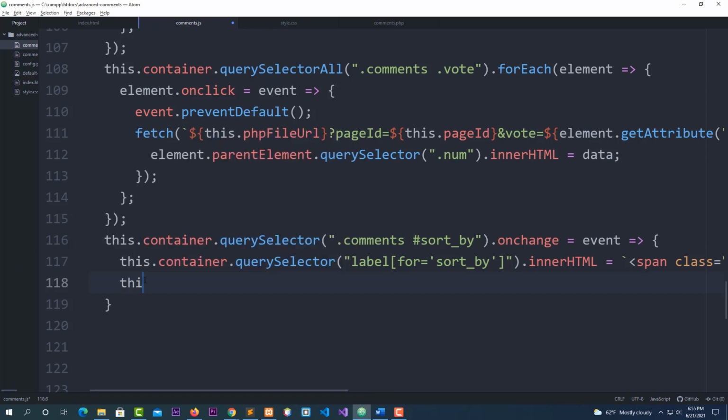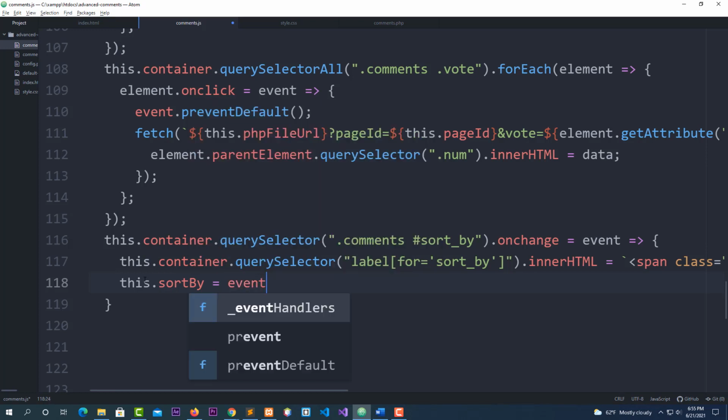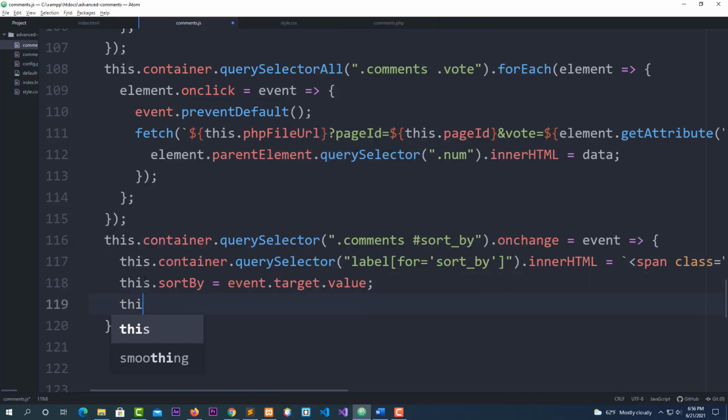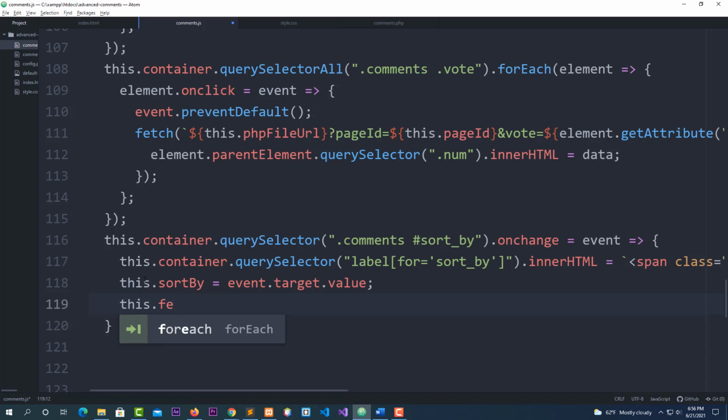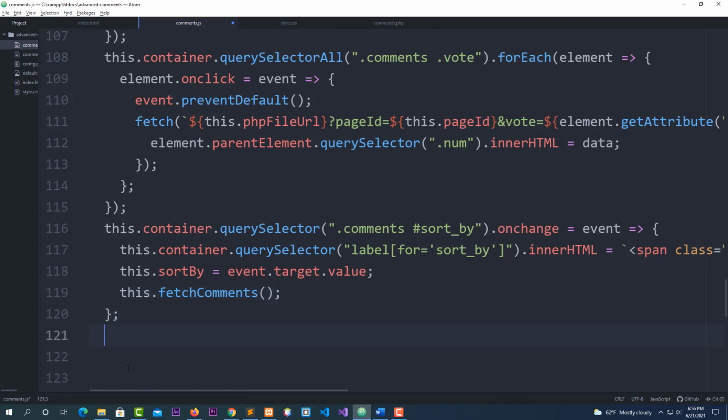Then let me continue with this. This dot after container, this dot sort by, like this equal event dot target dot value, and this dot fetch comment, like this. Okay. And I want you to put a semicolon here and go after this closing,